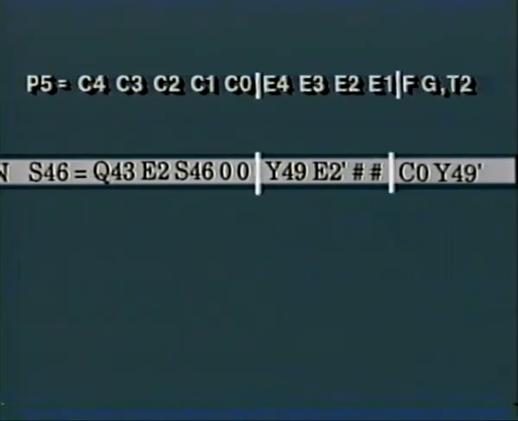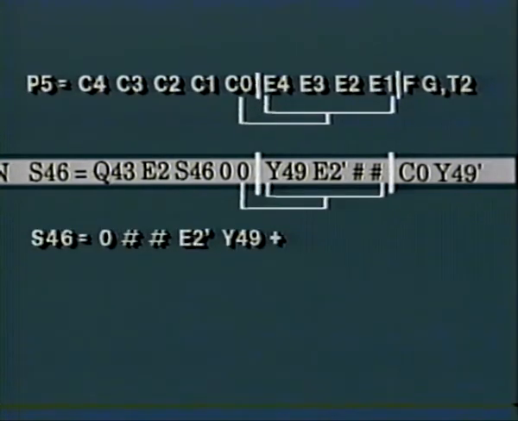First, make a division between the C and E terms and between the E and F terms. In this example, we divide between 0 and Y49 and between the pound sign and C0. Now to generate S46, we have to OR together the 5 possible conditions. The first condition is the C0 ANDed with all 4 E terms. In our example, that would be 0, and the pound sign,